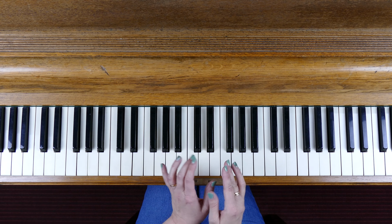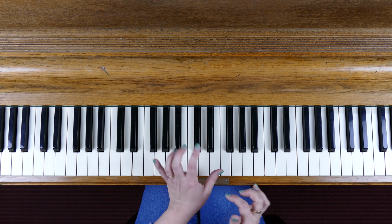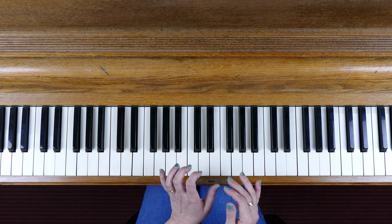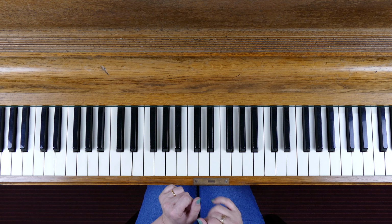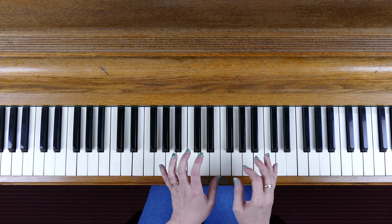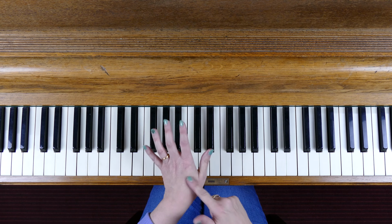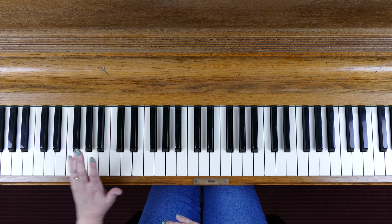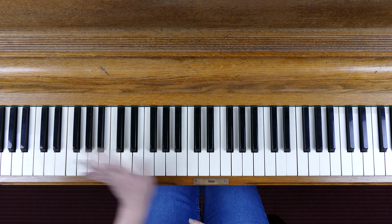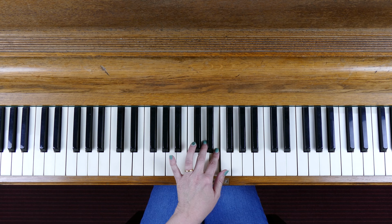And obviously we can't look in opposite directions at the same time, so I tend to concentrate on the left hand and just give a quick glance to the right hand here. If you find it particularly difficult to even consider starting that hands together, I suggest you begin with your left hand, but rather than going ascending and then descending, begin at the top in the direction that you would for contrary motion and just practice